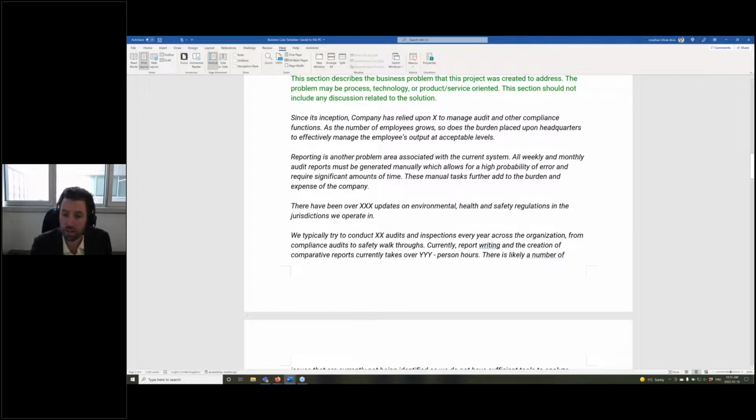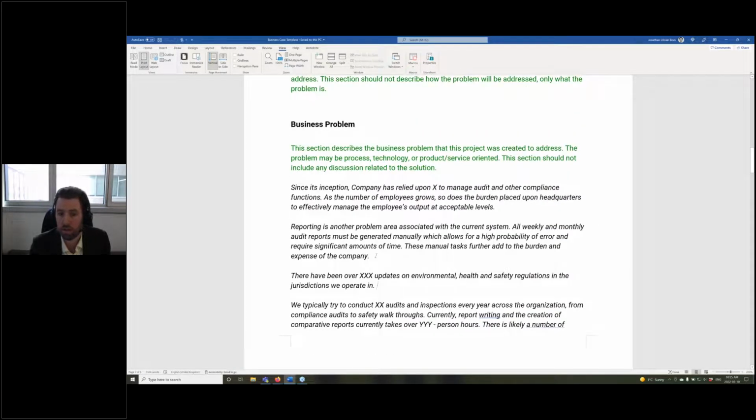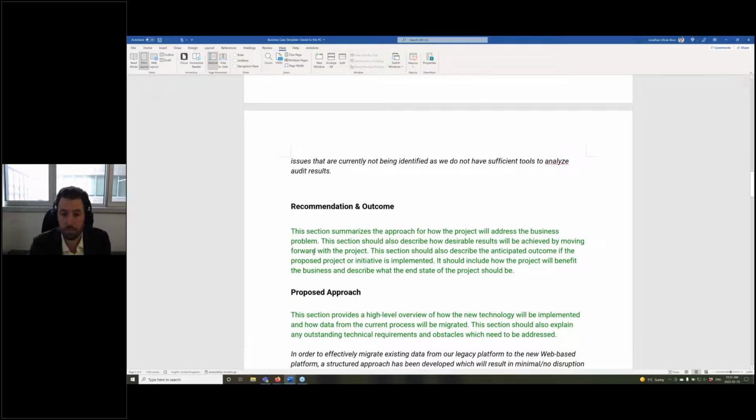And again, you can talk about what the company's currently doing in terms of audits, inspections, and compliance, and the amount of resources that requires. So this section, business problem, is really describing what you are doing now and what some of the challenges involved are. The next section is